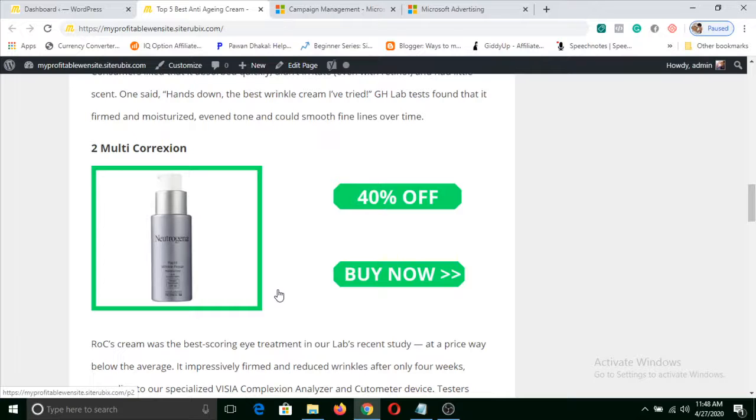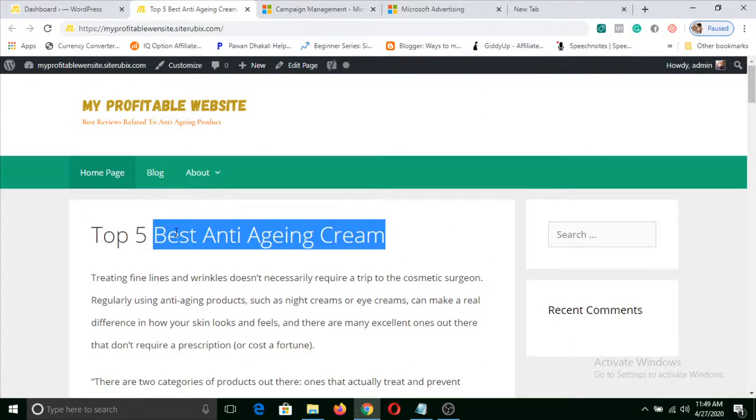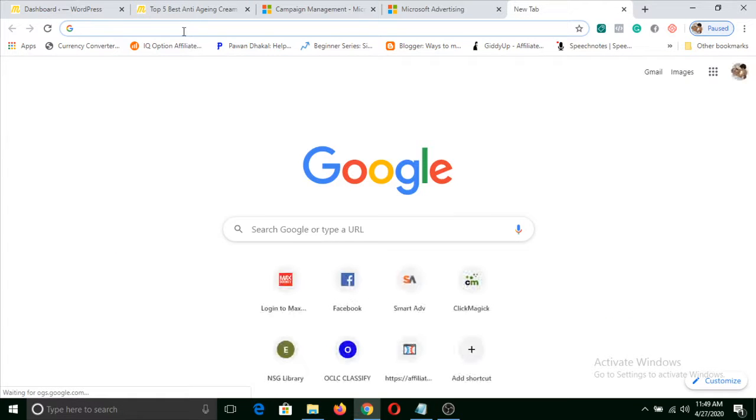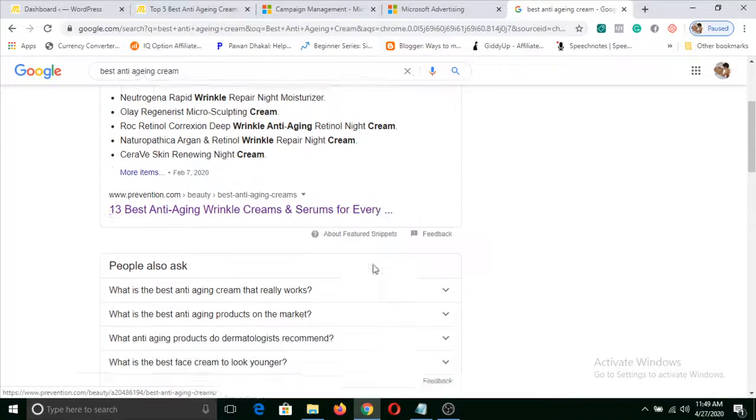To get the title idea, you can also just search in Google and see what type of searches are getting more clicks, like in this, 13 best anti-wrinkle creams and serums.